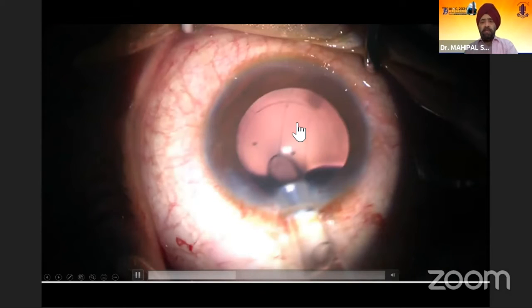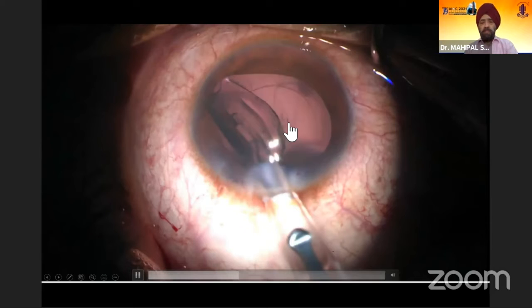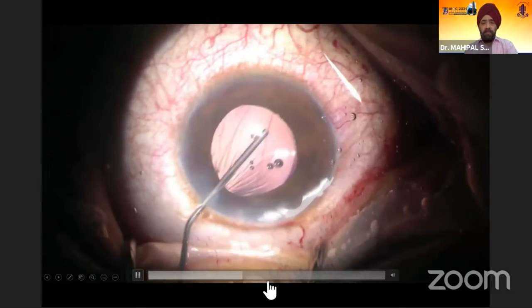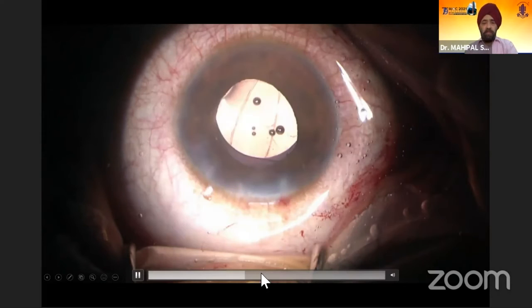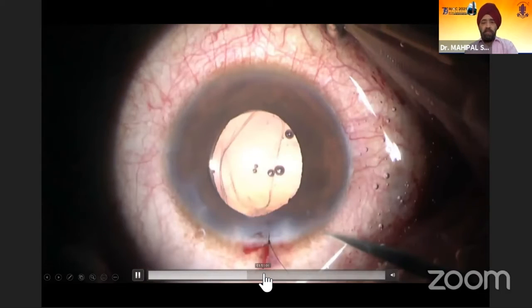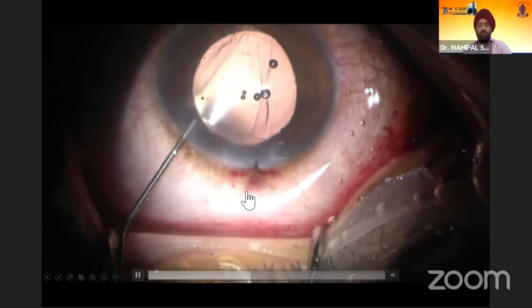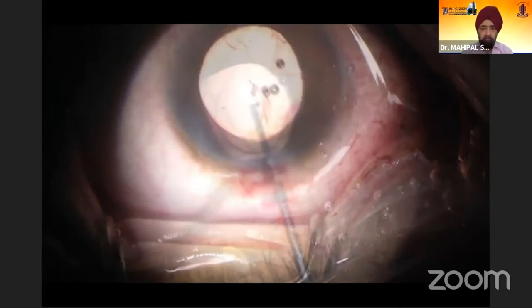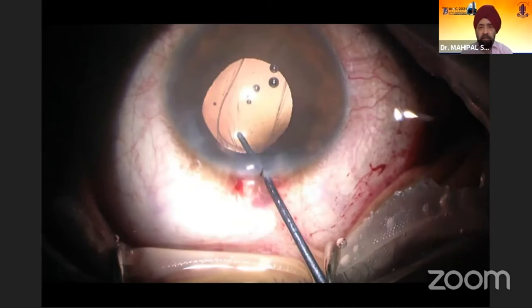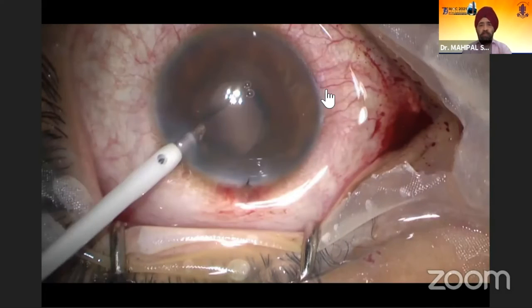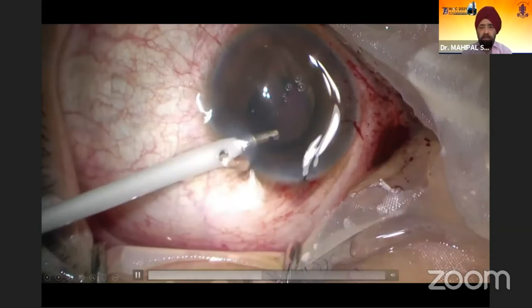And in this particular case, we went ahead, there was a jerk here, and it is only at the end, at the hydration of the wound after putting the suture, that we have extended this. So this is a problem, even at the last moment. So we should not have the misadventure of trying to put a lens which comes out with a jerk. You can see that the lens just went in because the wound just gaped and it was a larger wound.